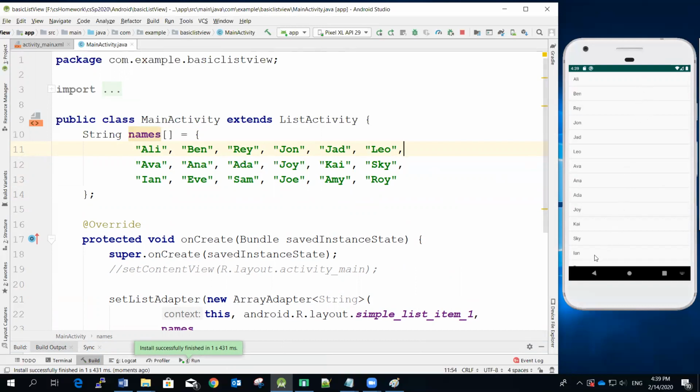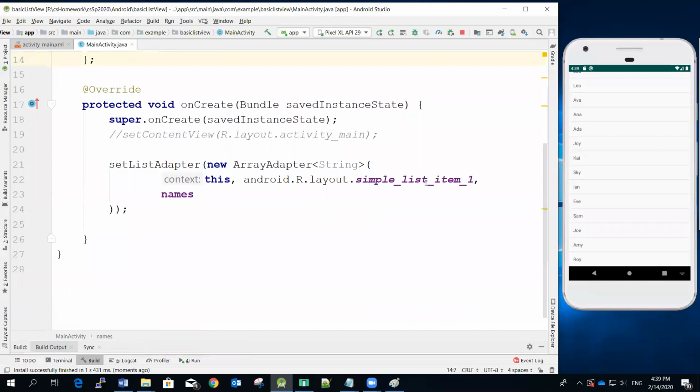So the screen can contain names up to ten. So if I scroll it up, then you can see that the remaining names will show up. So again, the list view itself is a scrollable view. All right, and also if you want to,